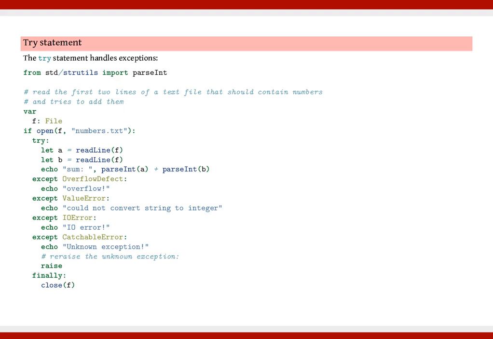to add them. var f: File; if open(f, "numbers.txt"): try: let a = readLine(f); let b = readLine(f); echo "sum: ", parseInt(a) + parseInt(b)